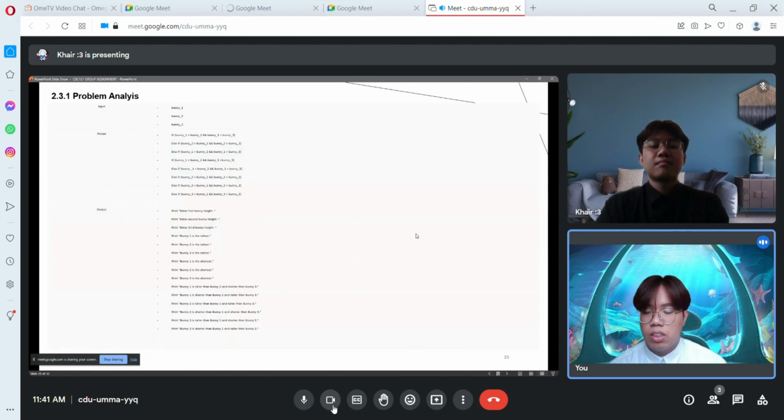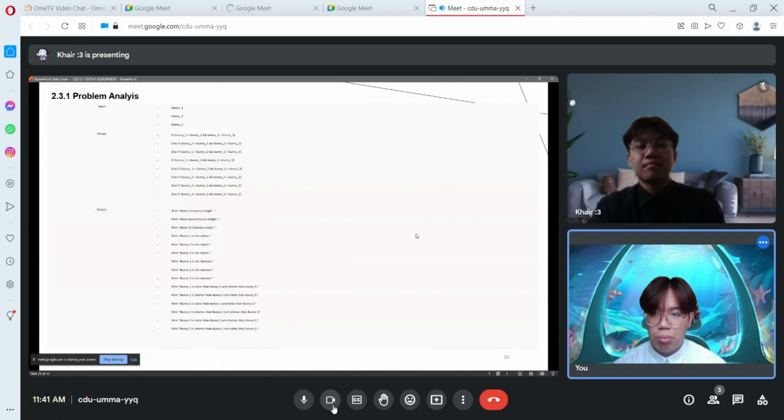2.3.1 problem analysis. So this is my input, process, and output. For input, I use bunny 1, bunny 2, and bunny 3. For process, if bunny 1 is more than bunny 2, then more than bunny 3, else if bunny 2 is